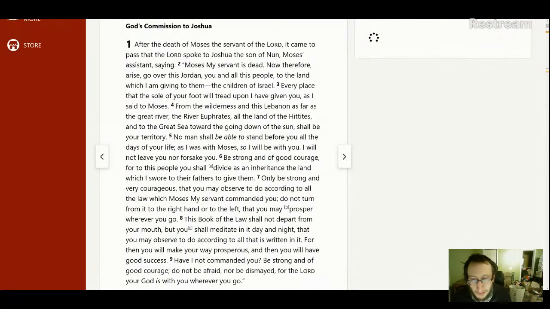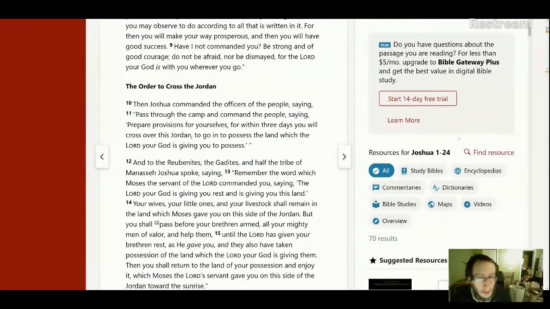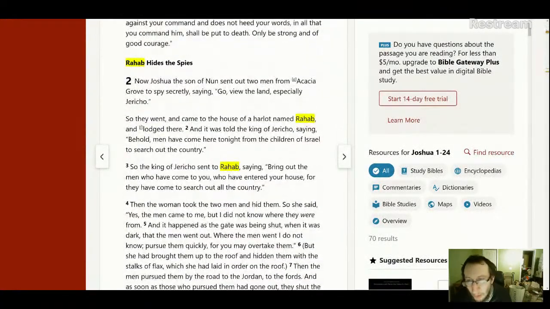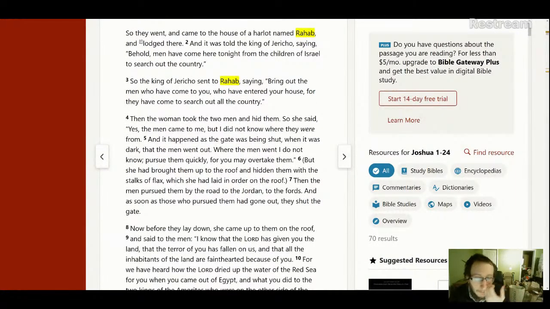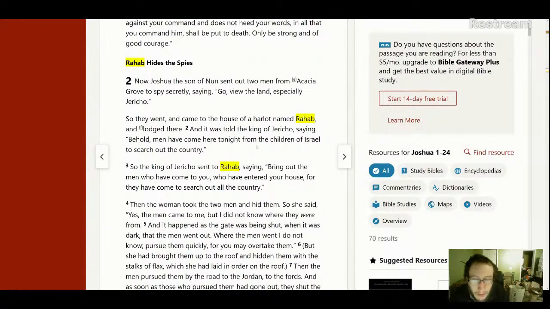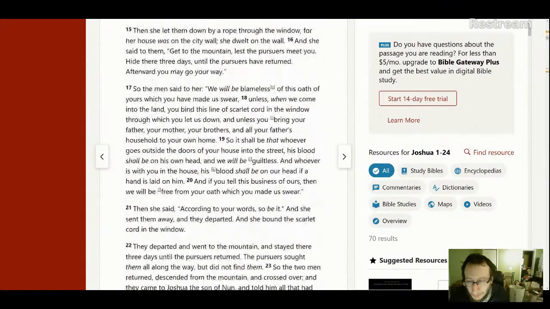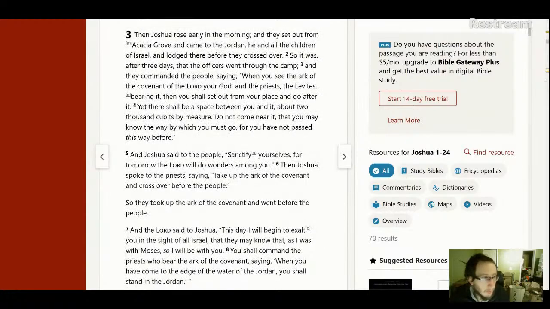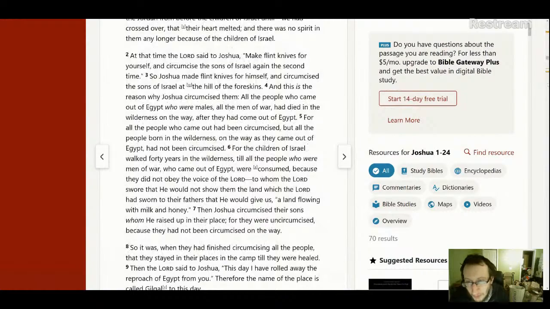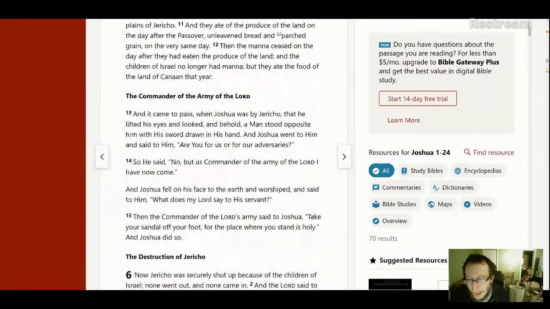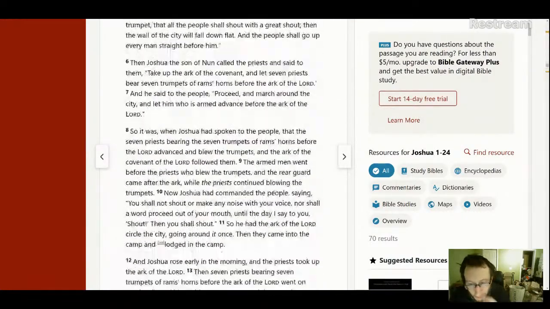We see the story of where they cross over the Jordan, the whole account of Rahab. So Joshua has about Rahab. Well, there would have been even more about Rahab in some of these other books, either in the book of Joshua or in a later book. And then we have the Jericho incident, with the circumcision of the Israelites. Okay, we got that. The destruction of Jericho.